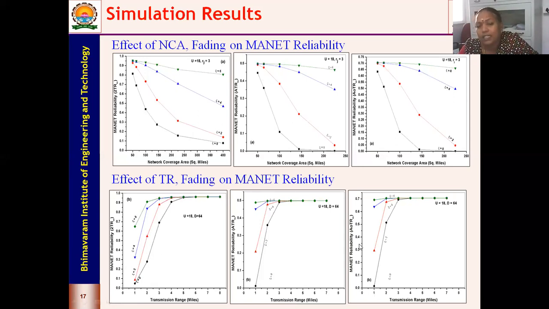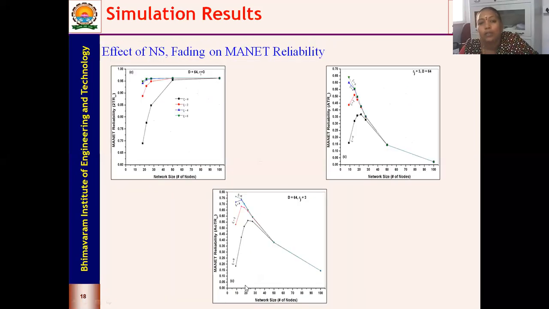So transmission range, obviously, when compared to all the cases, as you increase the transmission range, more nodes will come into the vicinity, and because of that, connectivity increases and your reliability also increases. It's maximum beyond 4 miles. You can look into all the 3 cases. Beyond 4 miles, it is maximum. But when it is 2TR, you're getting almost nearly 1.9 something. And here in ATR, you see that it has reduced to almost 0.5, and AOTR you're getting around 0.7 something.